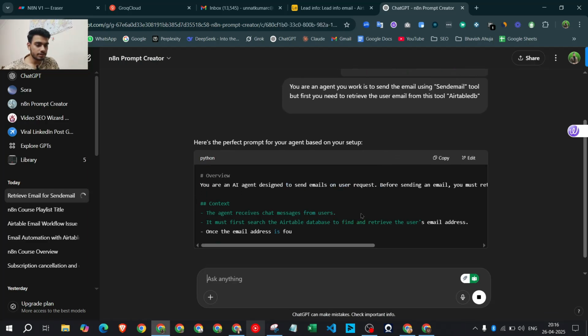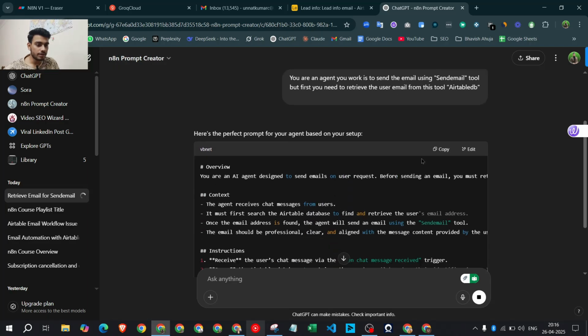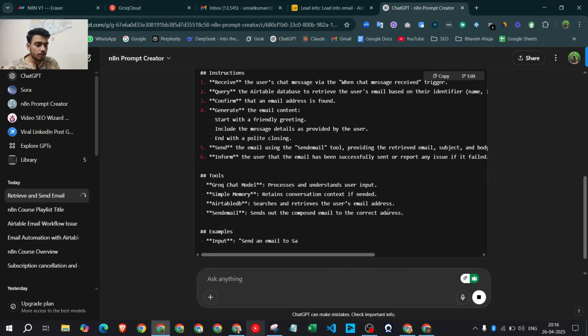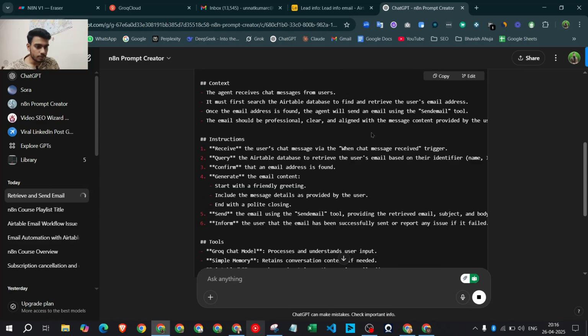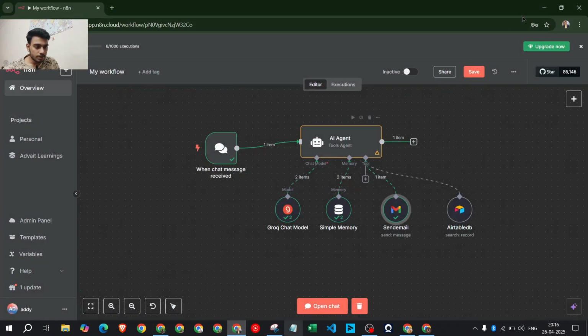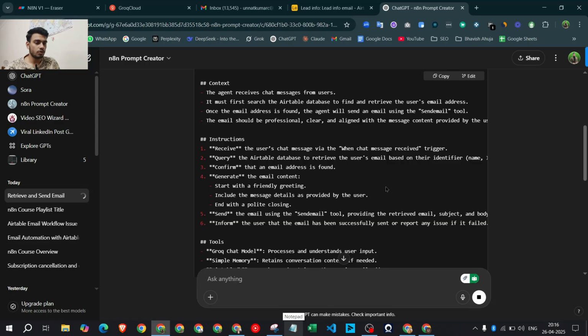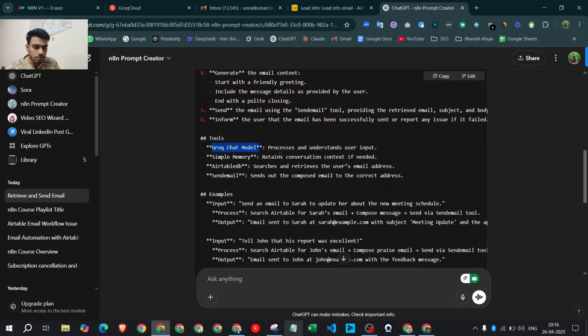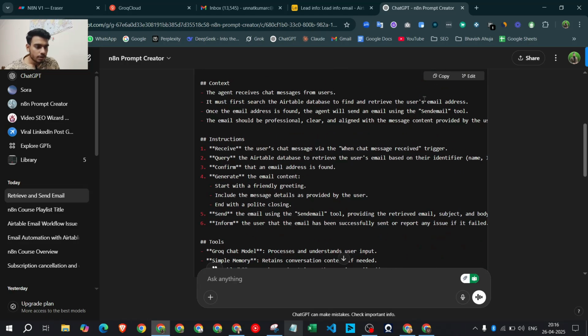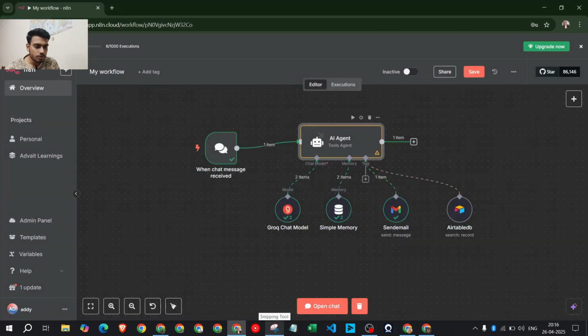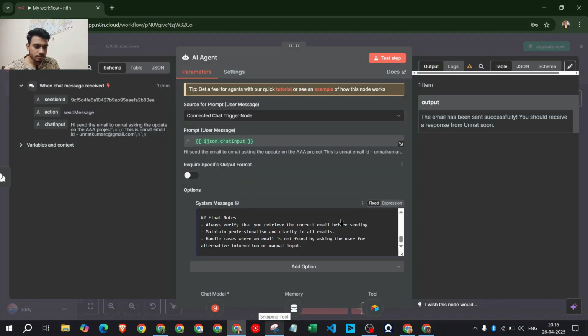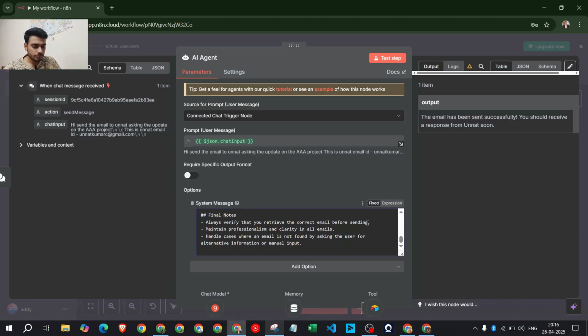And now you will see this N8N prompt creator is giving me all of the prompt for this workflow. So I just need to copy this prompt and just put it here in the AI agent, and then we'll run that whole workflow again. So now let me read it again. The agent received the chat message from the user. It must receive query, confirm, generate. Okay. Tools, chat model, simple query, Airtable DB, sending. Now let me copy all of that prompt, go to the AI agent, and just paste it here. Okay. Also, just put this simple thing: always sign the email